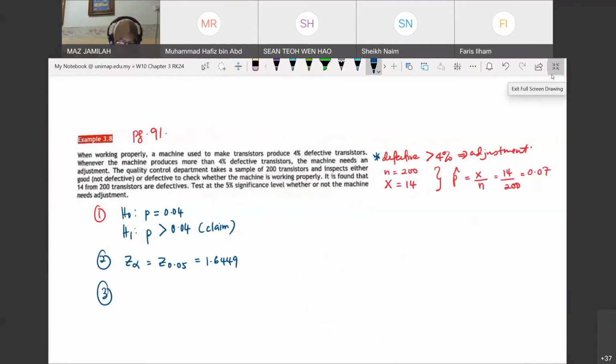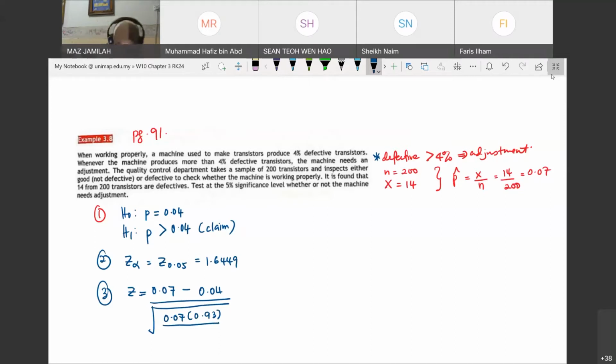Third, my test statistic. The test statistic is obtained by Z, and that will be our P hat, 0.07, minus your P naught, that will be 0.04, divided by the square root of P hat, that will be 0.07 multiplied by 1 minus 0.07, that will be 0.93, divided by